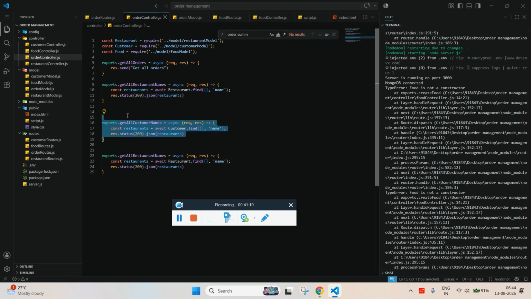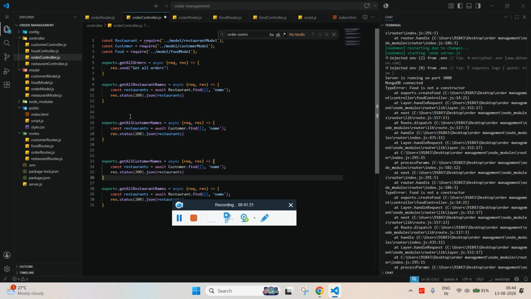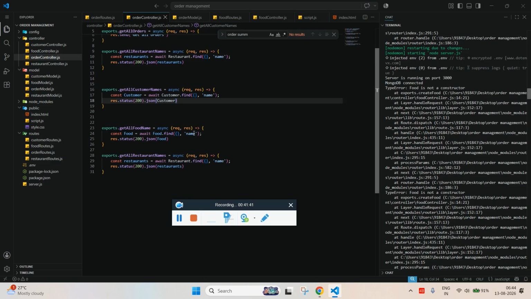So the same way, get all food names, and replace the model name. You see we have just missed one thing. Cool. Now we are able to send the